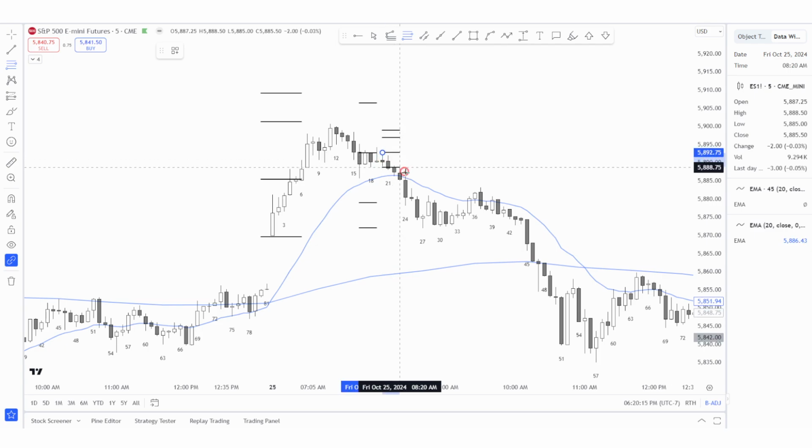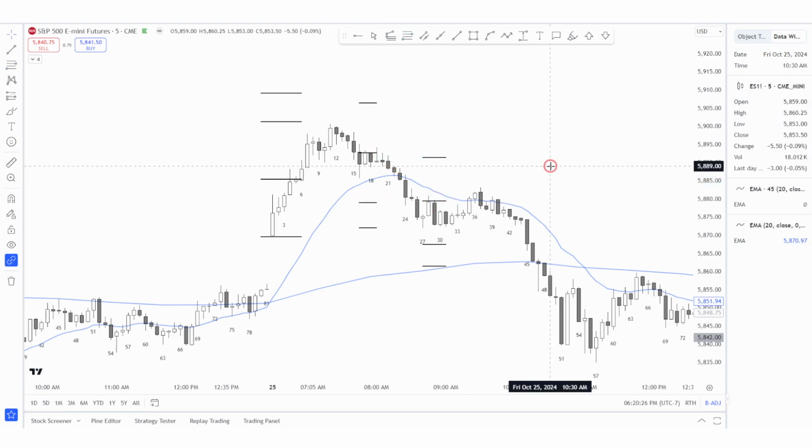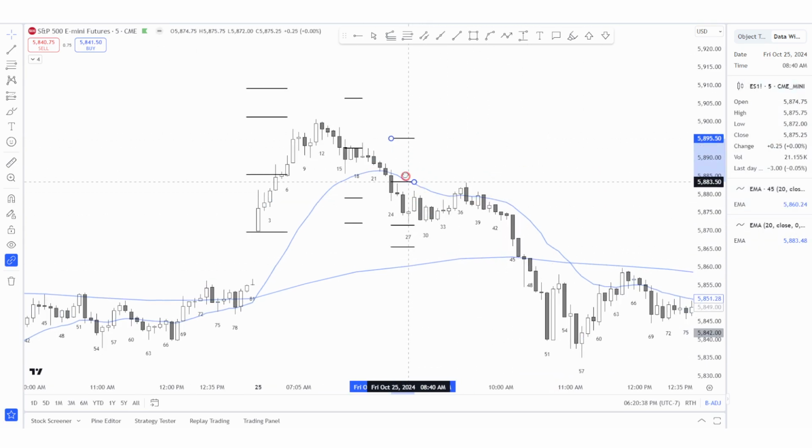Then we get some waterfall 1-to-1s. Here we go here, because that's an opposite bar. But where do we get short? Maybe we short here. And we're trading probability. So look, we had to sit through a pullback, but the probability was that we would go lower before we got higher. 1.5R was met before bulls can make 1R. That's bearish price action. But nonetheless, let's just stick to the concept of measuring from pullbacks, from the first bar